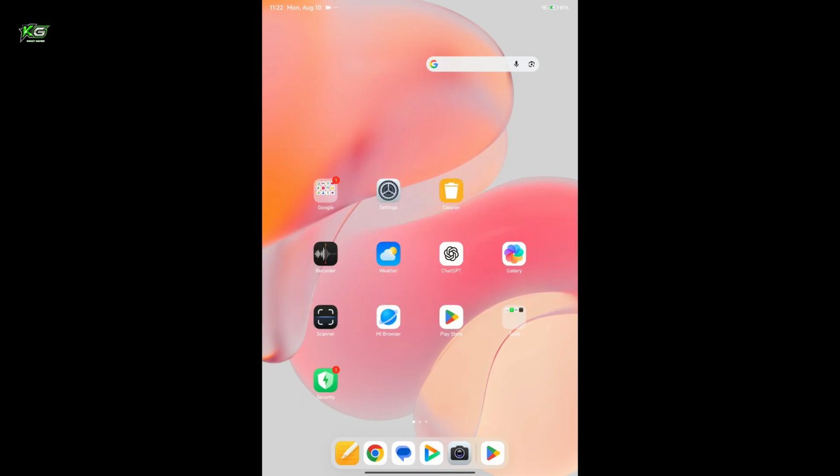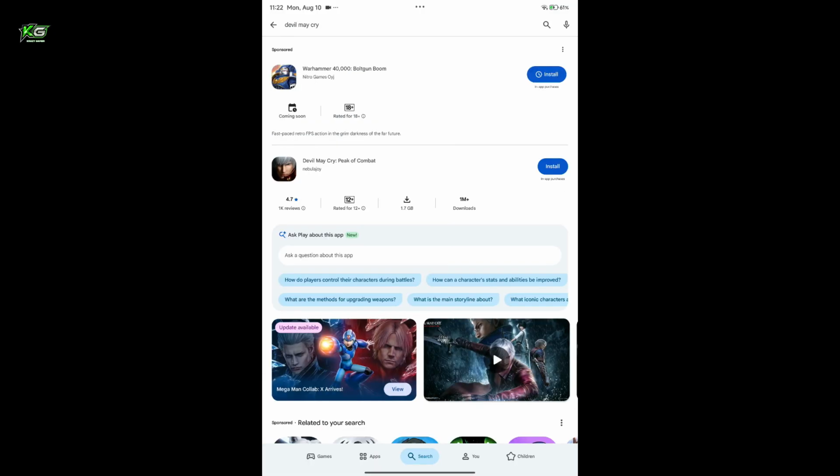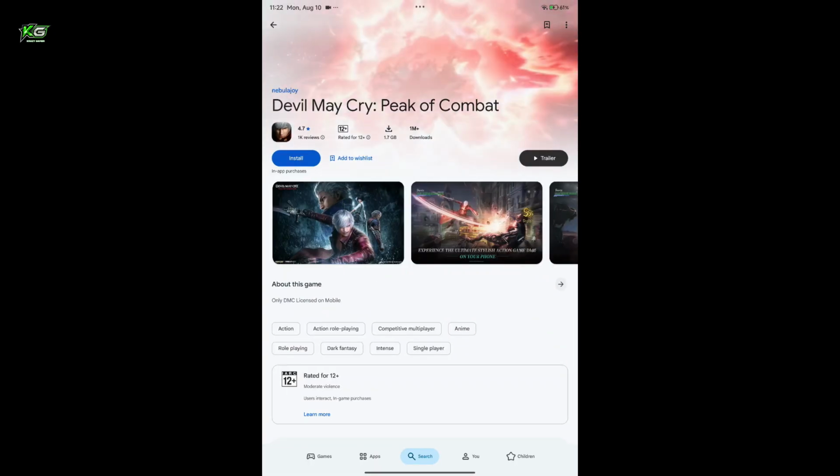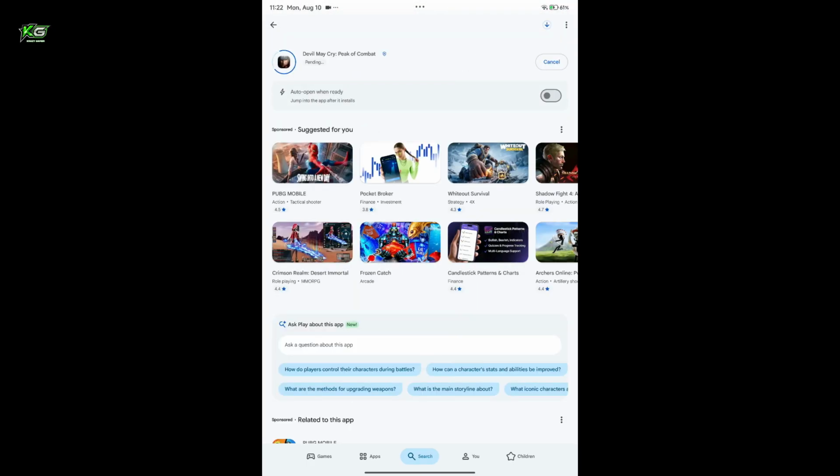If you are looking to download Devil May Cry Peak of Combat on your Android device, firstly, open up your Google Play Store. In the search bar, type in Devil May Cry. Now from the search result, look for this application from Nebula Joy and then tap on Install. Wait for the game to download and install, and once the installation is completed, you can open the game